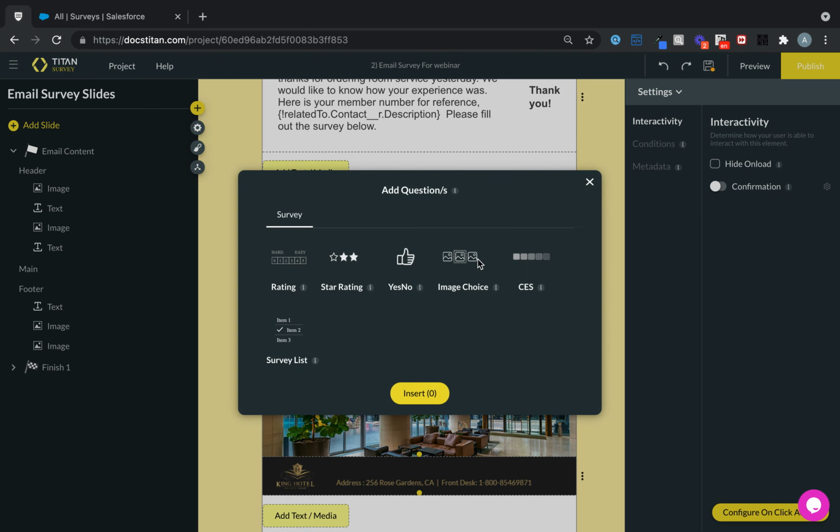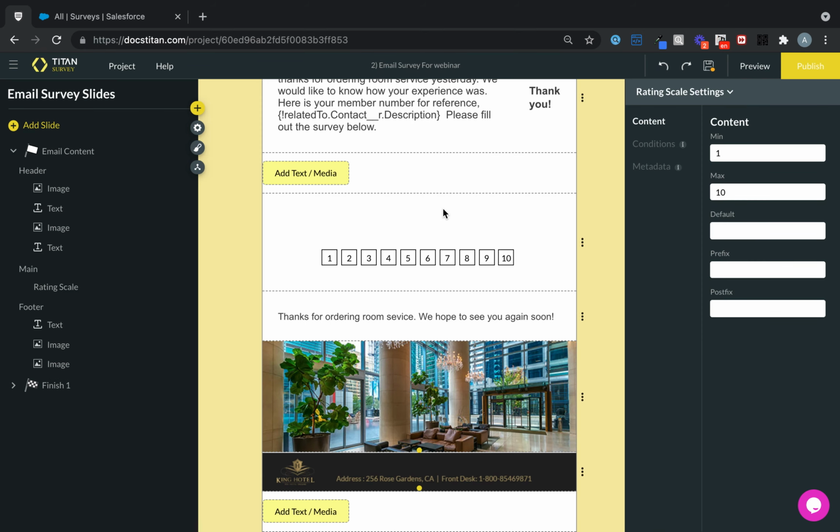If I add image choice, I can add different images. Again, any image they choose, it's done. CES, survey list. In demonstration, I will show you how this is. So if I quickly add something,